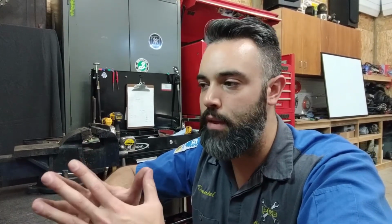Something to think about on the transmission fluid side of things. Automatic transmission fluid operates inside of an automatic transmission, and those are usually reaching maybe peak pressures of about 80 psi. Usually you're going to find between 40 and 60 psi operating inside of an automatic transmission. So think about a fluid that's designed to operate in a system that is reaching, let's say, tops 80